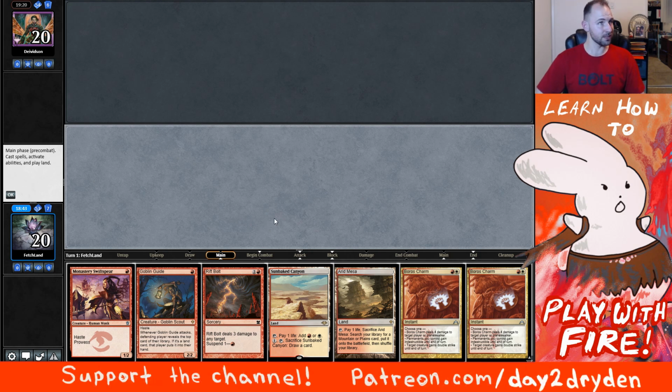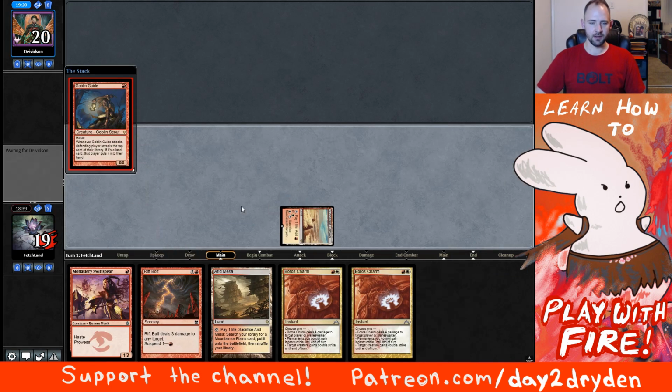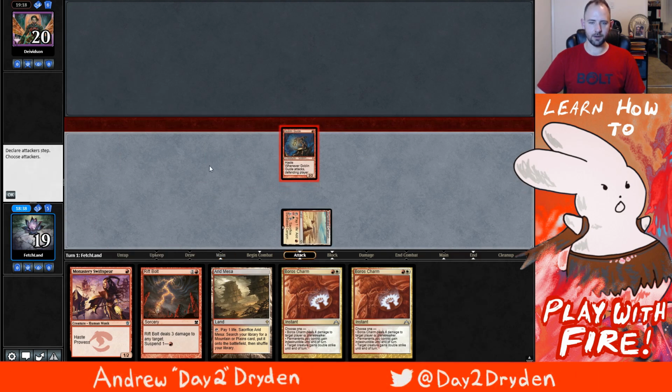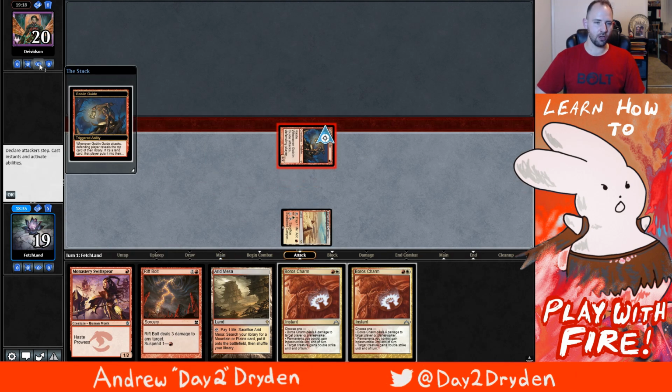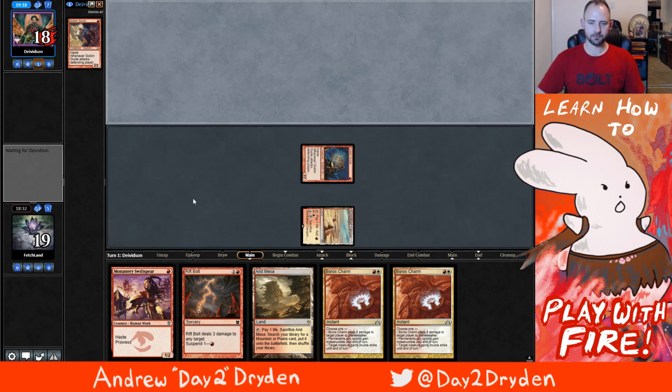Oh man, my nose is... I'm going to sneeze again. So let's just start like this. We could even just use the Sunbait Canyon all game, but I would like to get a Sacred Foundry at some point. Okay, so they kept a...